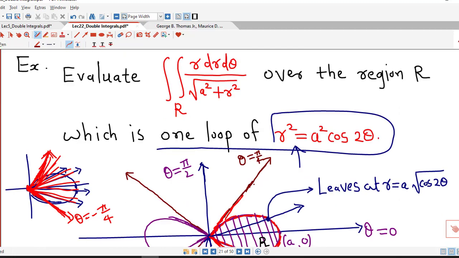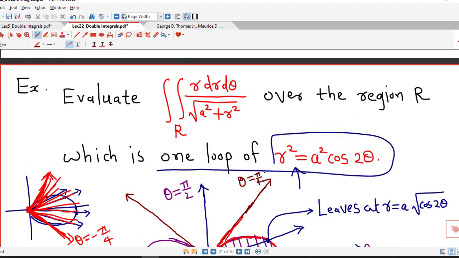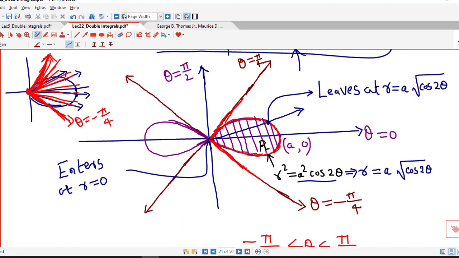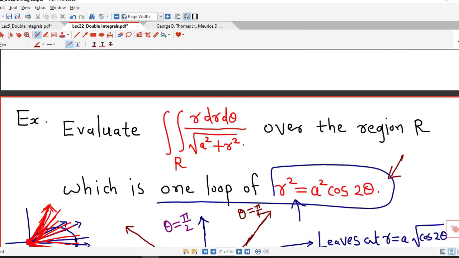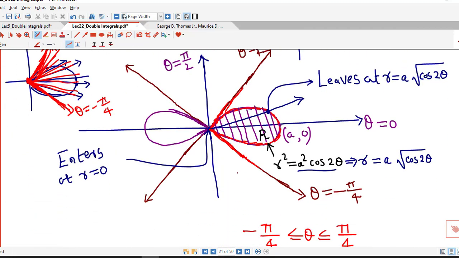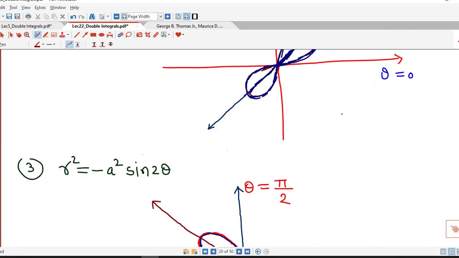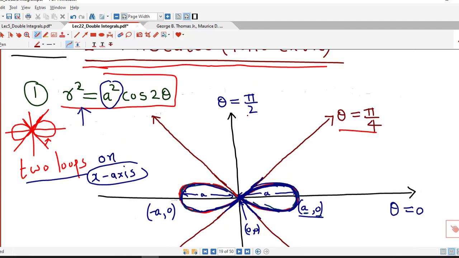So in this example we have seen this new curve known as the lemniscate of Bernoulli, and we will remember the shape of these different lemniscates so that we don't have any problem with the region of integration, because to decide the limits of integration we must know how to sketch the region of integration, and to sketch the region of integration we must be familiar with the graphs given in the problem. So this is a new graph in this lecture, known as the lemniscate. We will remember the different graphs of different types of lemniscates.